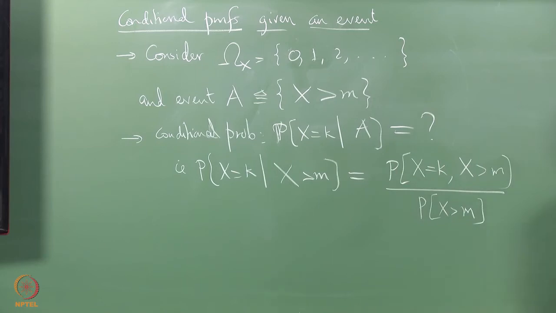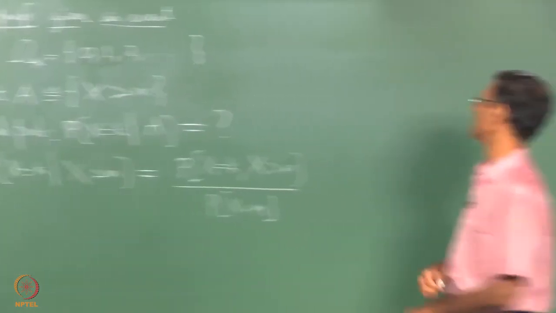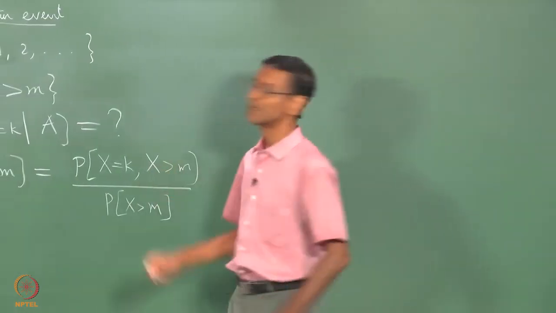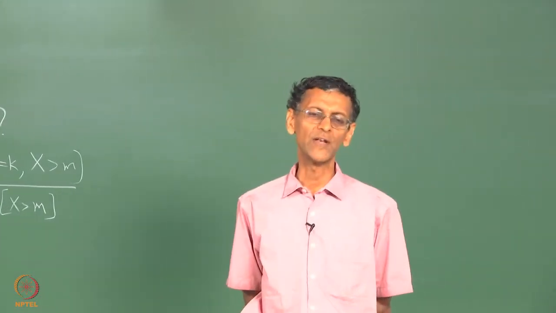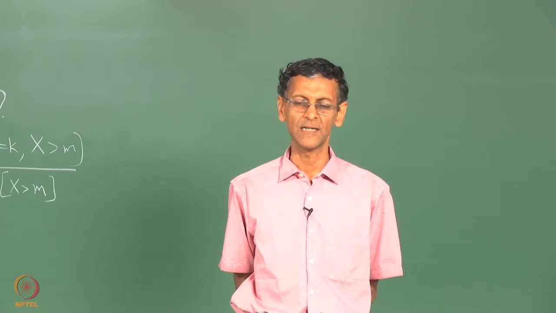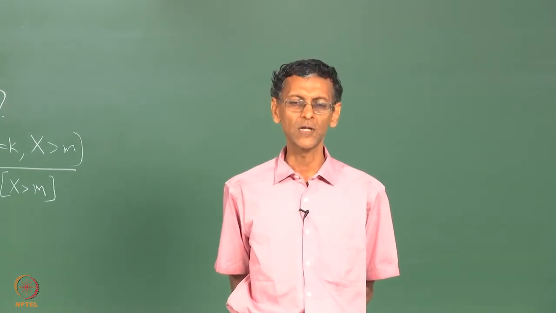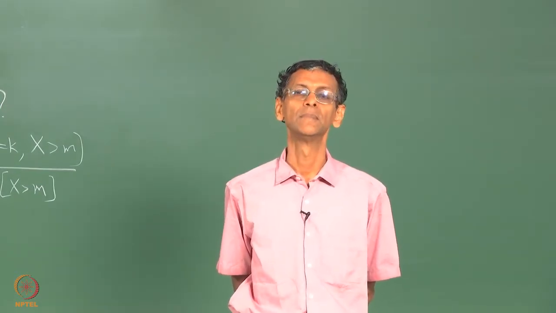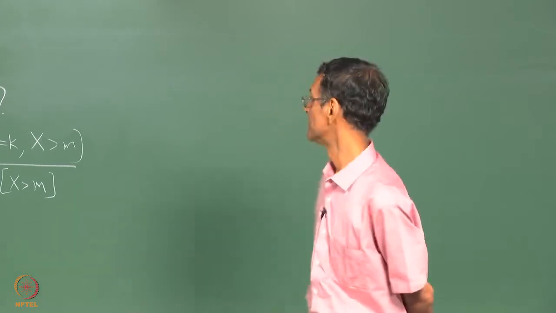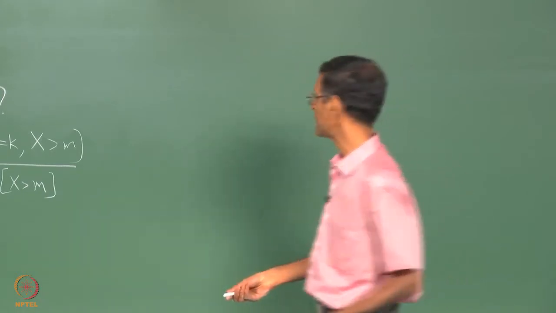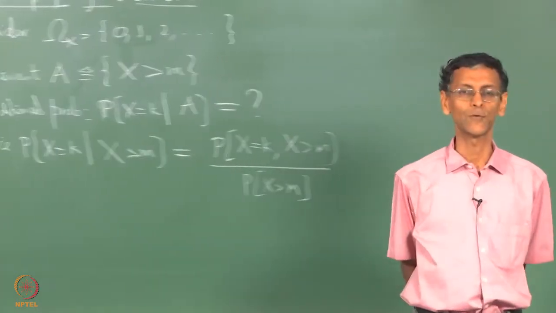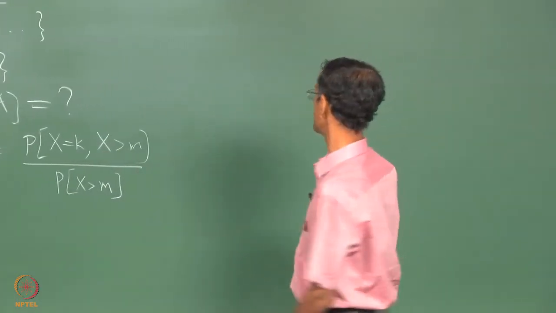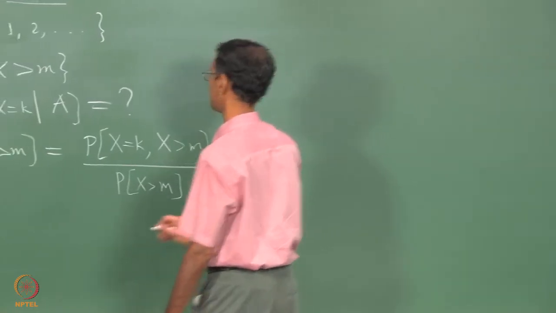The numerator, what can you say about the numerator? What will be the value of the numerator if k is smaller than or even equal to m? It will be 0, obviously. If you are given the fact that x is greater than m, x cannot be smaller than m or even equal to m, isn't it? So clearly this is going to be 0